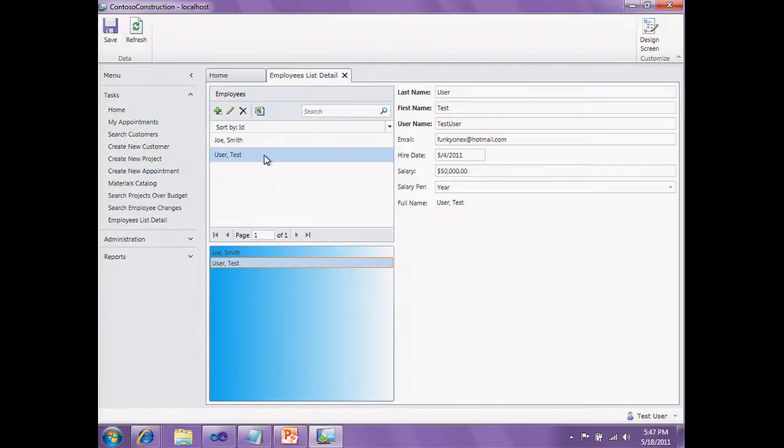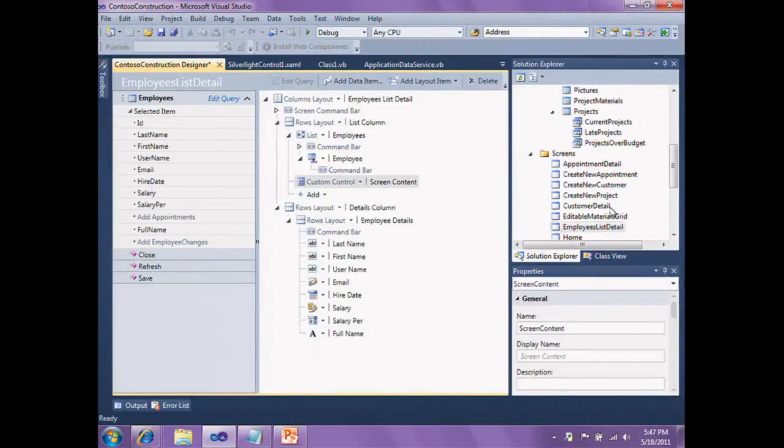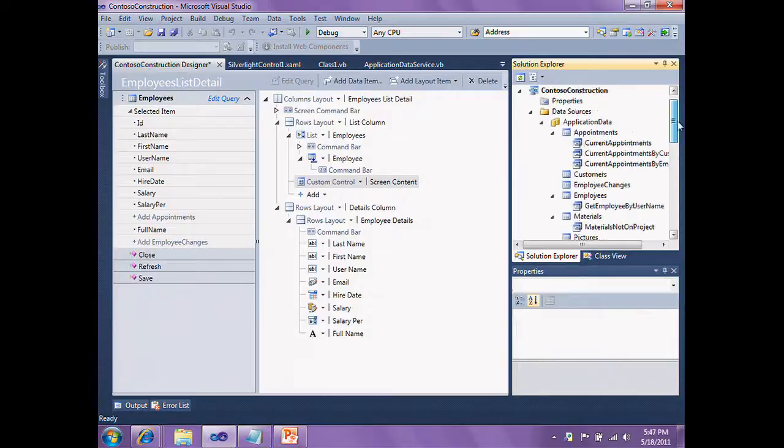All right, so let's use some extensions. That's a custom control. That's easy if you want to just create a couple of things that you need in your app. But if you want to